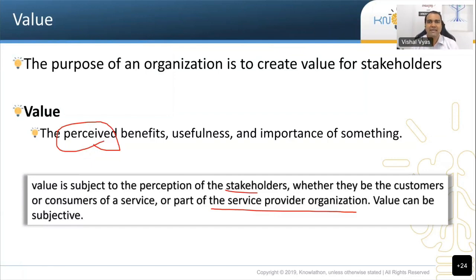So is ITIL, coming back to Kirti's question, purely for service management? I don't think so. But is ITIL more relevant for a service management environment? Definitely so. And is there a pure play product company? Again, I don't think so.